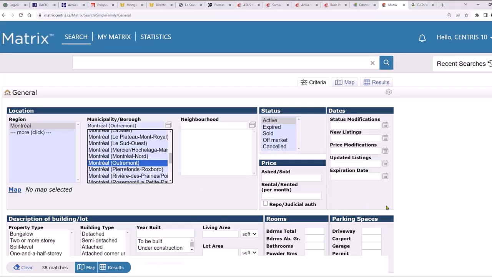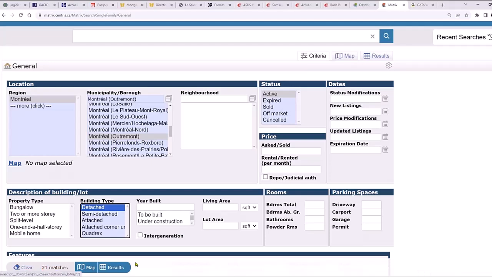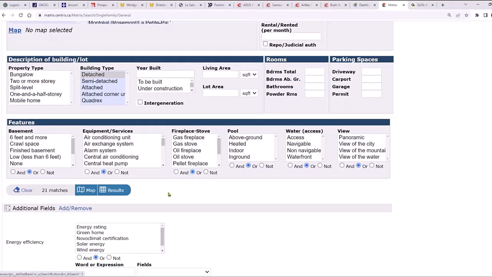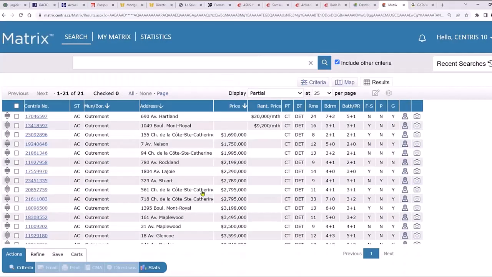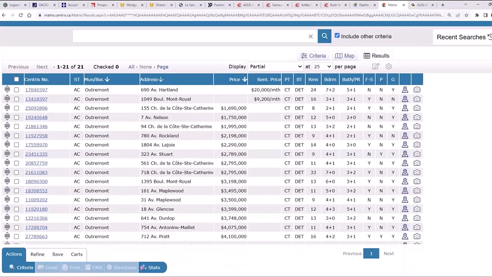As you can see, for those of you who use this tool often, anytime you click anything in the search criteria, the system automatically does a pre-search in the background to tell you how many properties you're down to. 21 is not many, but Outremont is not the biggest of areas, especially for detached homes. This is our active search of properties in Outremont.